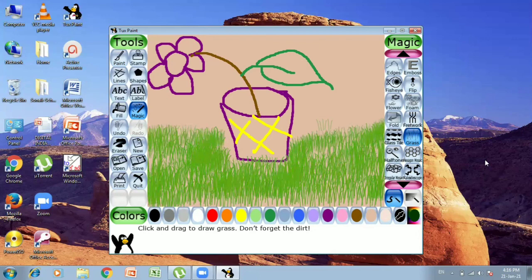Okay children, so I hope you all have understood how you can use different types of tools in Tux Paint. Now all of you try to draw, apply some magic effects, and if you are unable to do anything in this chapter, you can